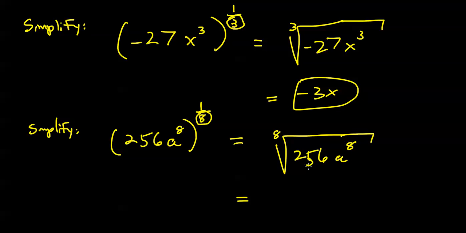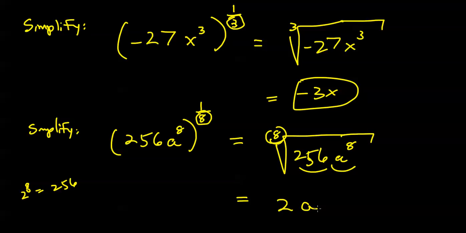Well, the 8th root of 256, I believe it's 2. I'll leave that for you to confirm. 2 to the 8th power is 256. I'm not going to write out 8 factors of 2 and do it from first principles. So I claim the 8th root of 256 is 2, and the 8th root of a to the 8th power,